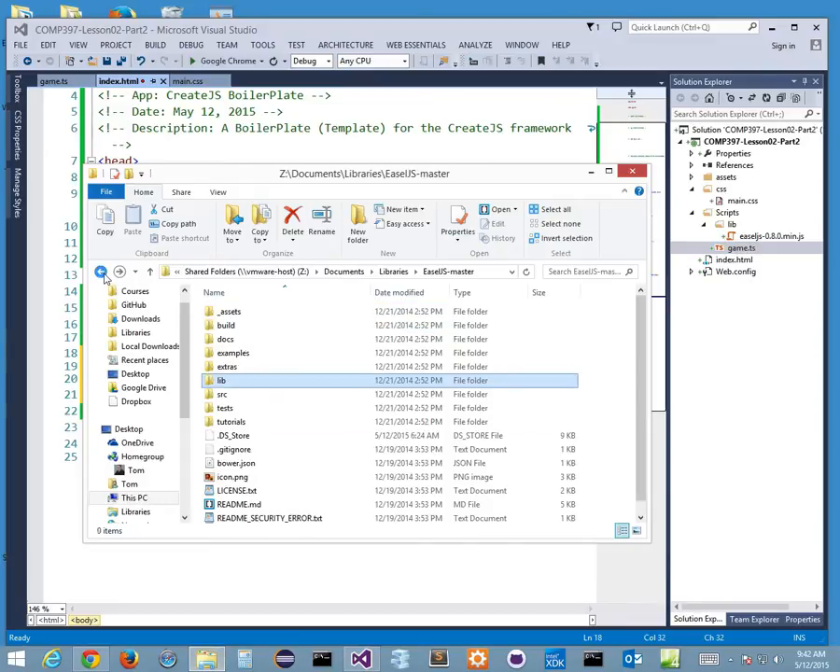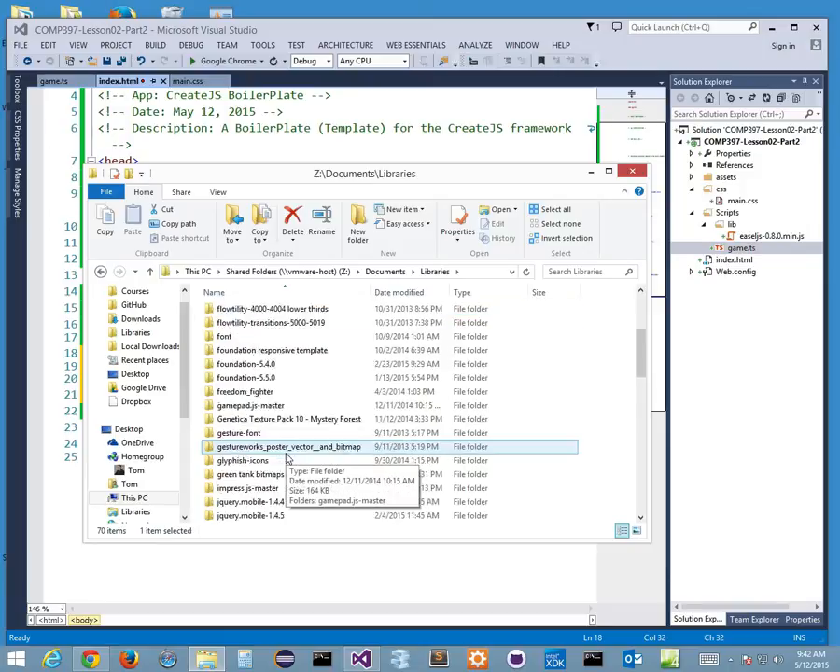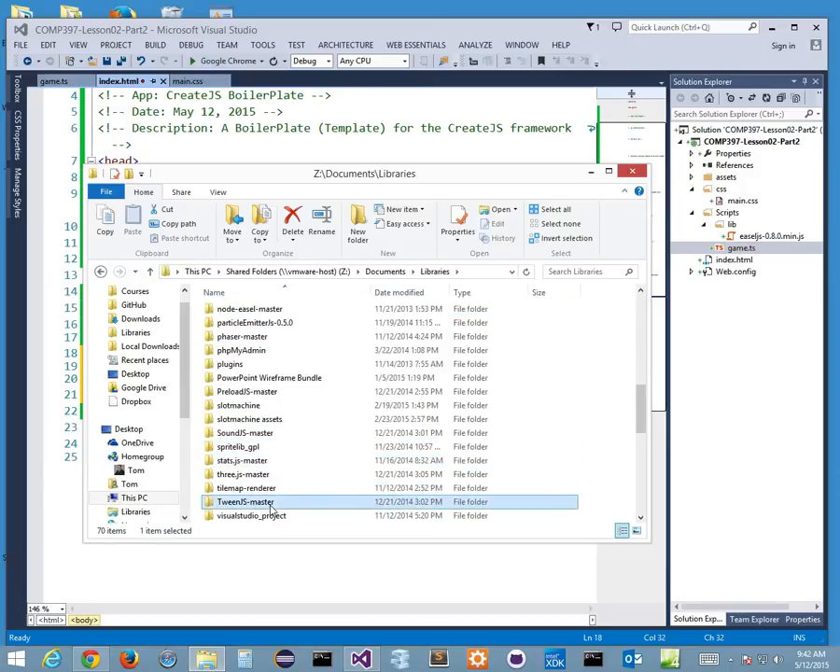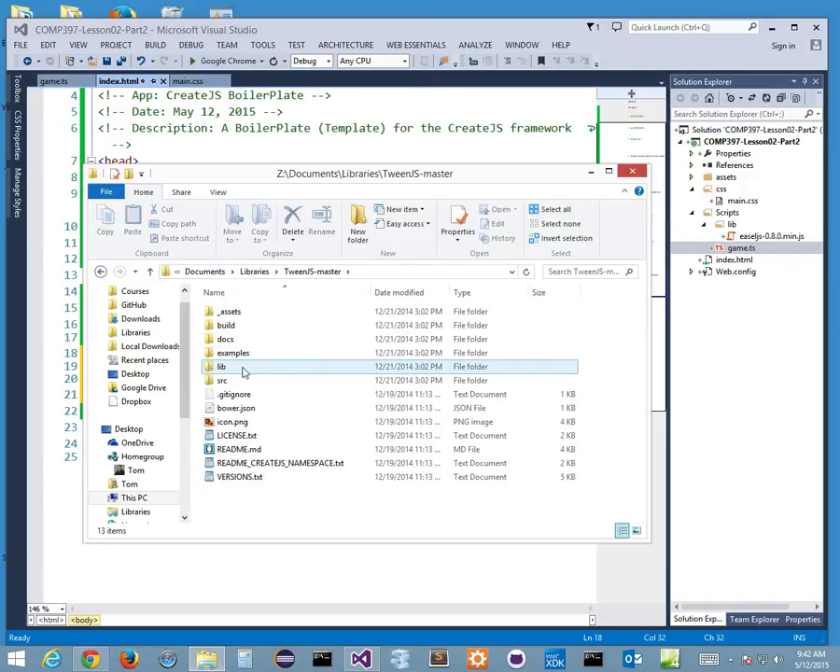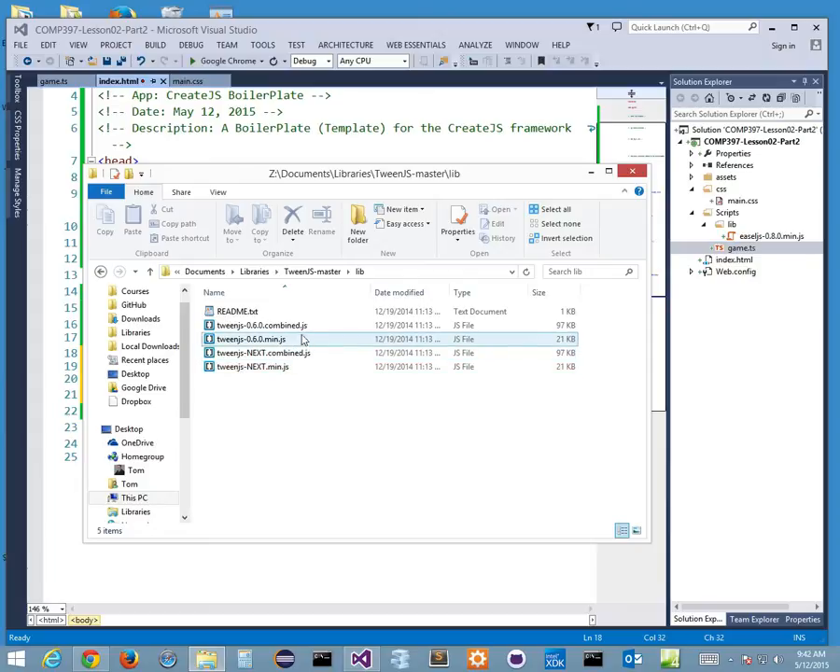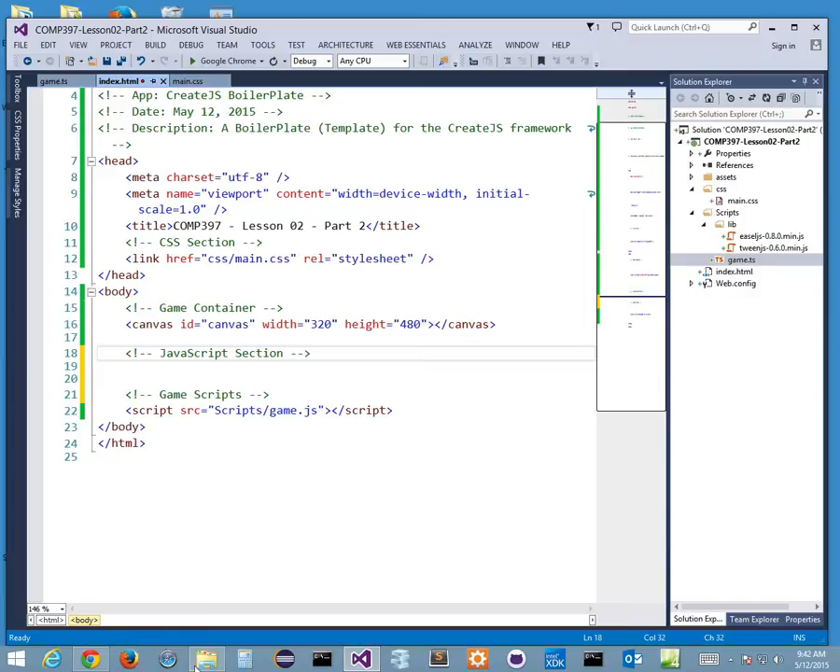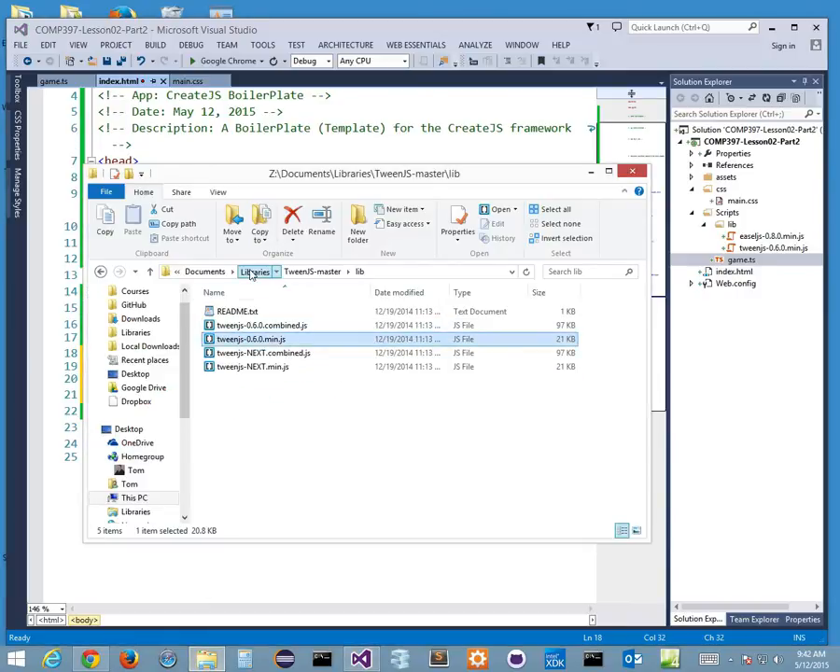All right, I'm going to do the same thing for the other ones really quickly. The next one is Tween. I downloaded Tween.js. Here's my Tween.js. And I go into my lib folder, and I'm going to do the same thing. Here's my minified version of my Tween.js, dragging and dropping that. And the same thing goes with my